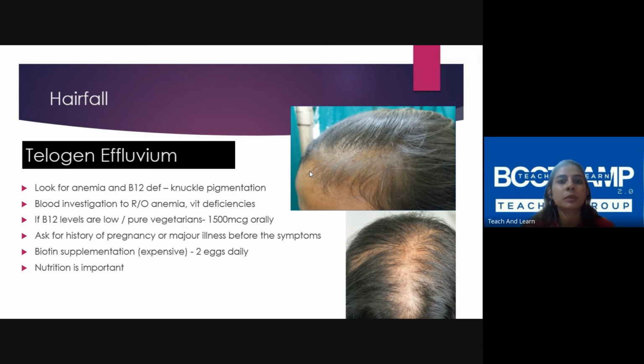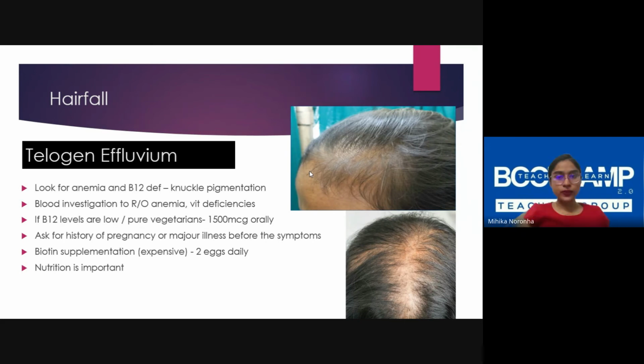When the patient comes with a history of hair loss, please go and check their heads. It gives them a sense of satisfaction that the patient has come with something and you are examining the patient. If you're just going to give them a multivitamin tablet and send them off, they are going to be very unsatisfied with it. So it's okay. Tell them to untie their hair. Just look through it, where exactly the thinning is, and that is all that you have to do.